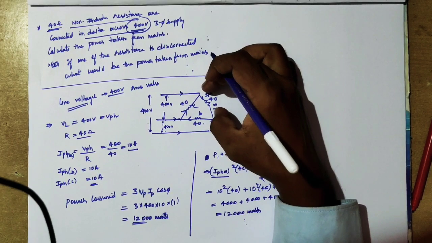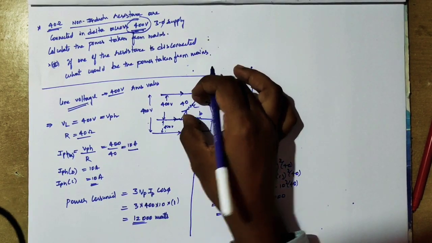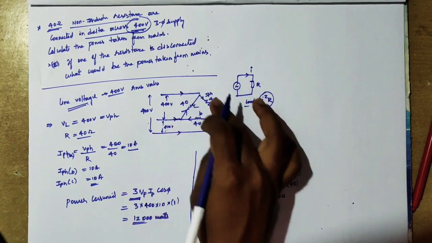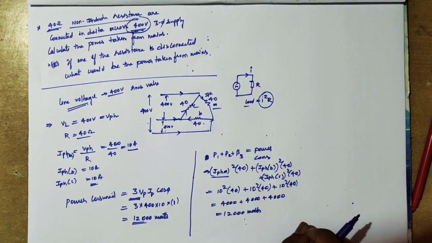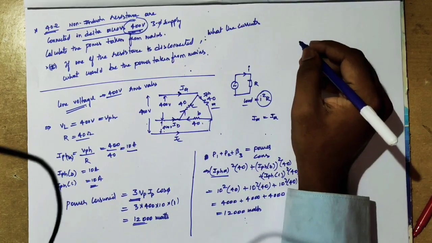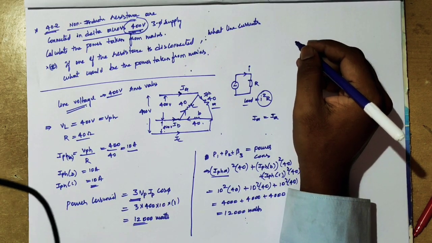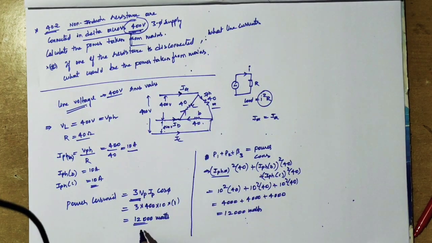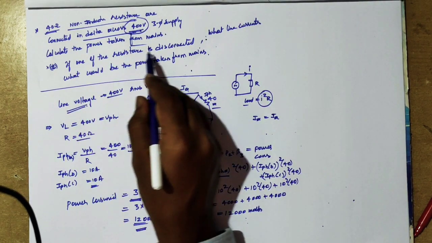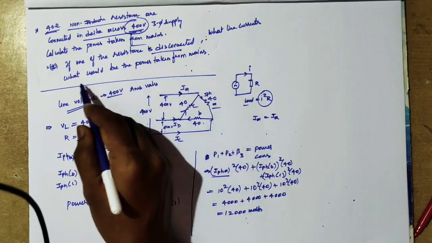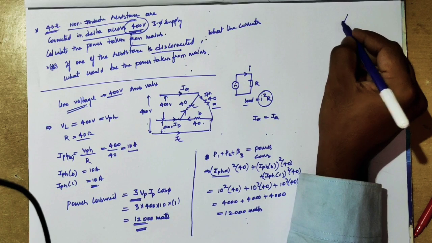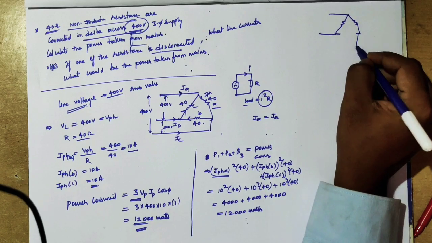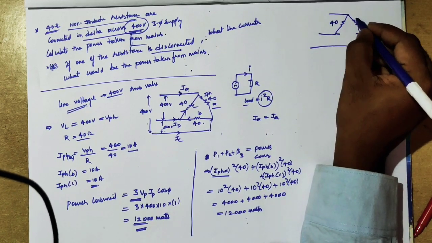So either you can find I square R formula, power drawn by each individual phase, or voltage and current. Since I explained this directly, these are the balanced load connected, the resistive load only. Okay, now load is removed. So for the case of one phase is removed, so what is this? So total power taken from the mains, this is total power taken from the mains. If one of the resistance is disconnected, then what will be the power taken from the mains? So one of the resistance is disconnected, so I'm taking this resistance is disconnected. Okay, so what are the currents it is drawing? It is asked what are the main power it is drawn.